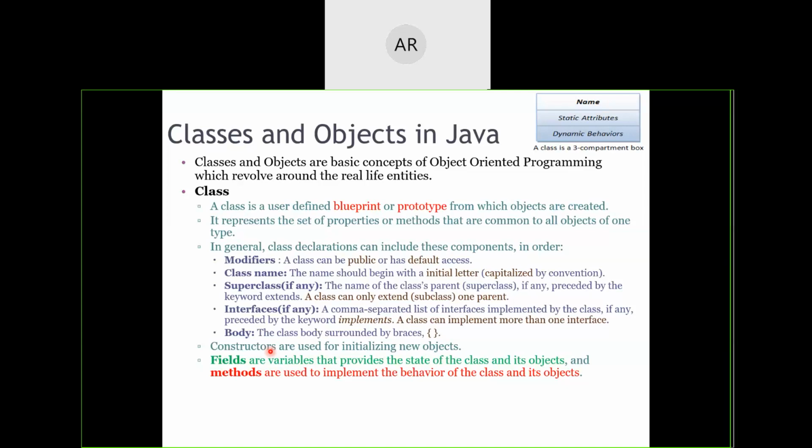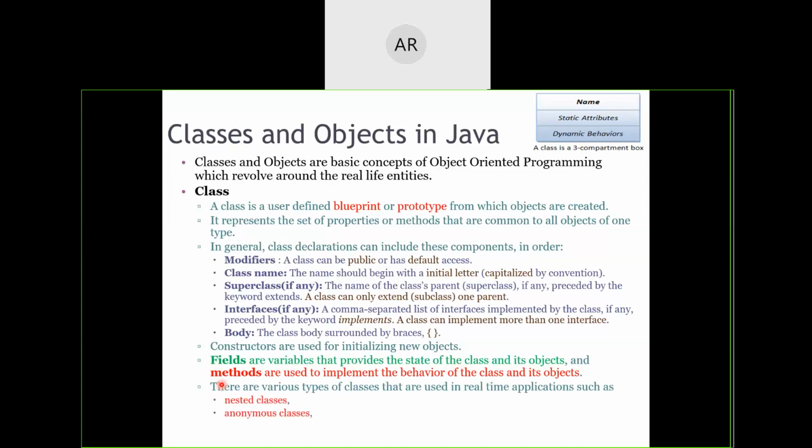Fine. So who will create the object, or who will tell the compiler to go and create the memory? This constructor is the predefined function. That's why if you don't write the constructor also, by default the default constructor will be executed. This constructor is the one which is responsible. This is the function which is responsible for allocation of memory and for initializing the object values, variable values. Okay, so what is a field, what is a particular method? I have written that statement also.